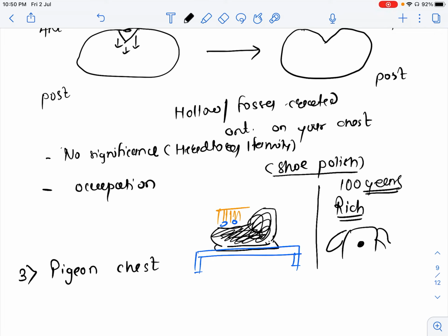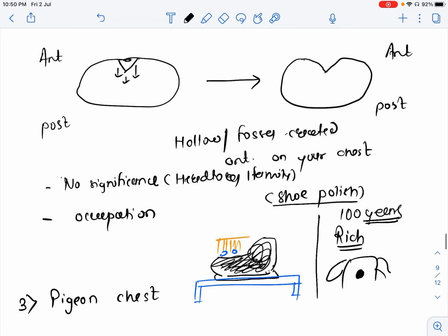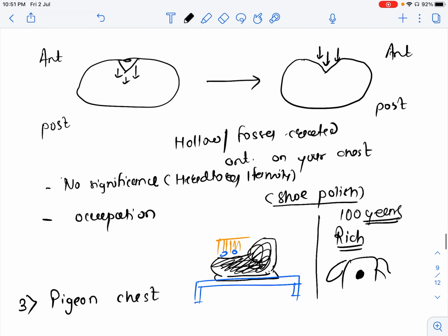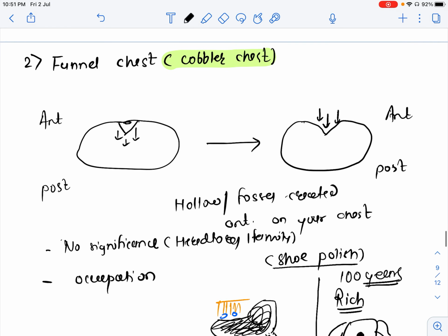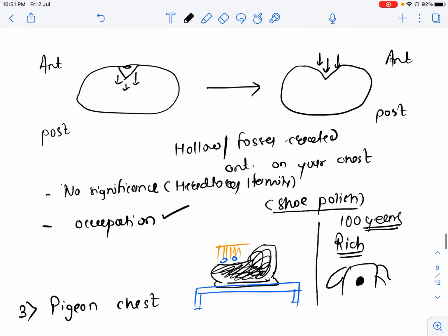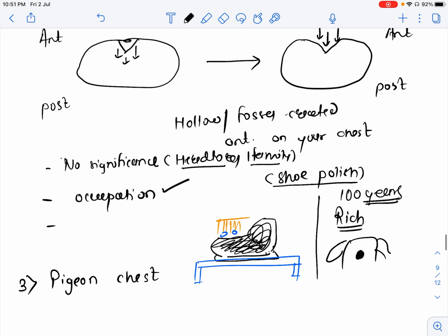Now imagine if someone is putting shoes on your chest every day since you are young, for 40 years, obviously this part will go down. So this is why these cobblers or the shoe polishing guys used to have this deformity. That is why we call it cobbler's chest as well. Now the second thing is occupation, you understand. Sometimes it's hereditary or familial. The third important part is